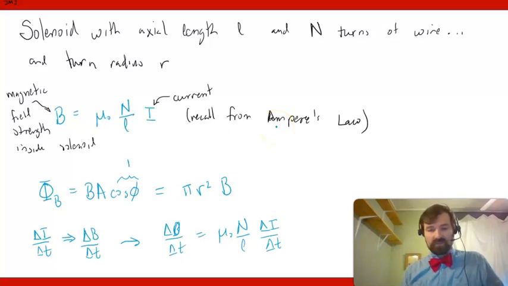We can only change the current, and that's what is producing the change in the magnetic field. It follows that the rate change of the flux, in other words the EMF,